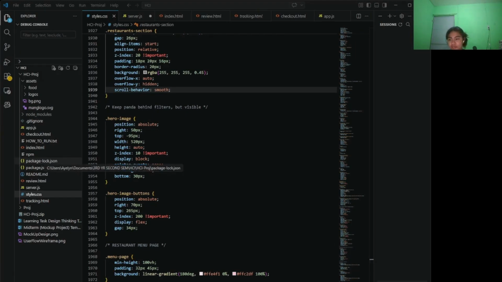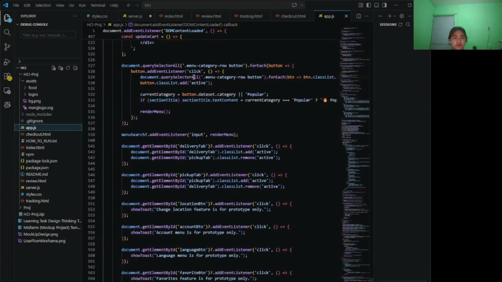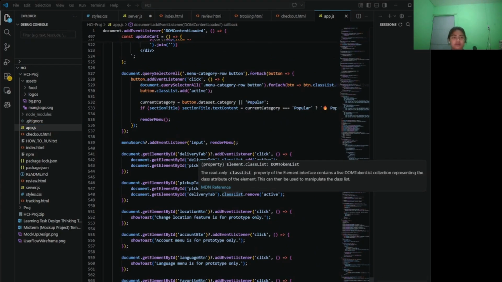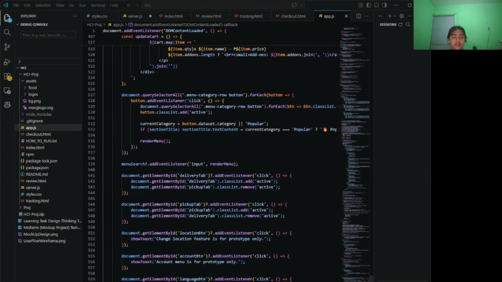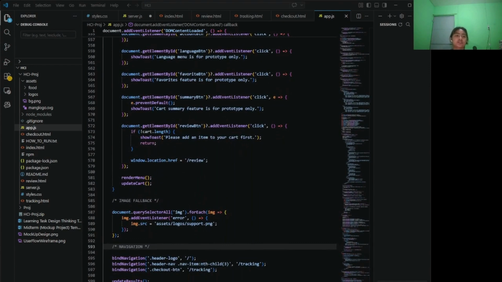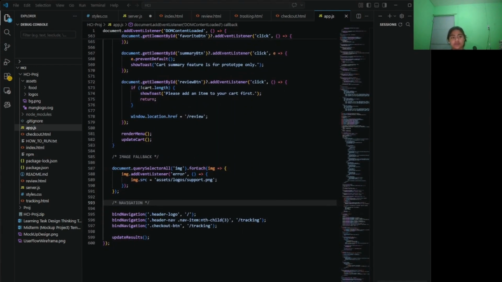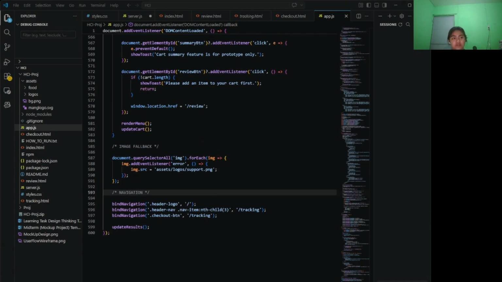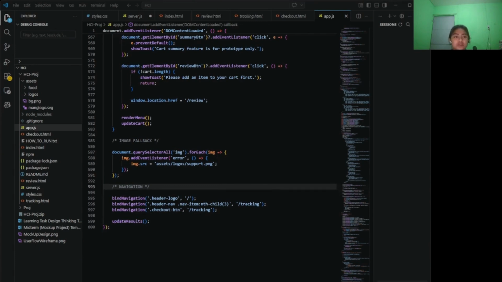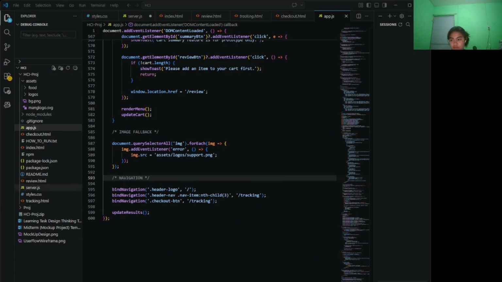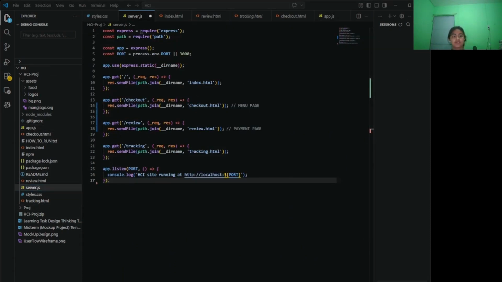And also we have the app.js, our JavaScript file. This file is responsible for dynamic restaurant rendering, category filtering, search functionality, menu generation, the food modal interaction, the add to cart computation, quantity updates, restaurant filtering based on the pinned location, and also the dynamic content updates throughout the application. We also have the server.js, the JavaScript file that uses Node.js and Express.js to locally run the project and connect all pages through routing.